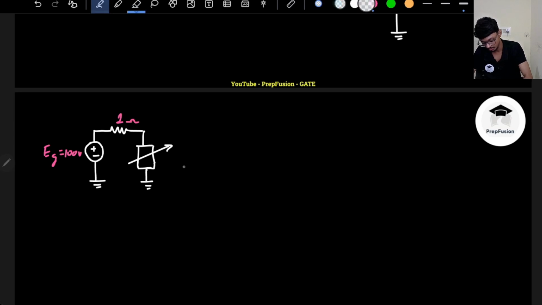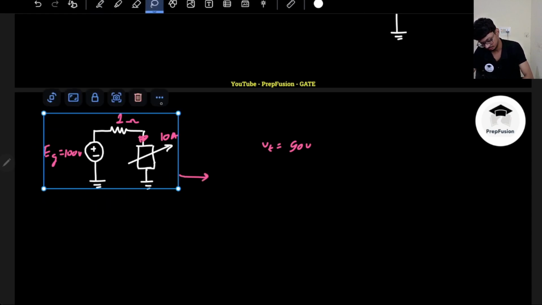Okay, and let's assume that initially the load takes a current of 10 amperes. So if the load takes a current of 10 amperes, then what is the VT? VT is basically 90 volts, right? If I increase the load current to 20 amperes,